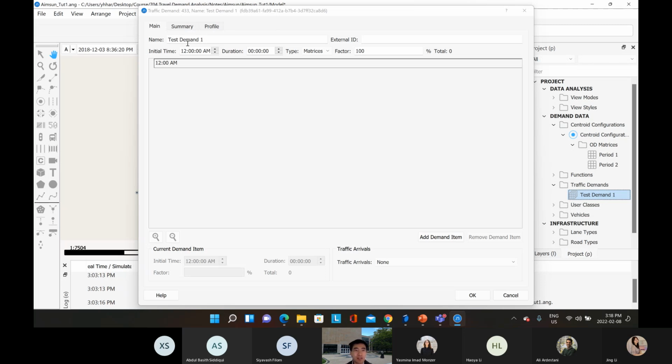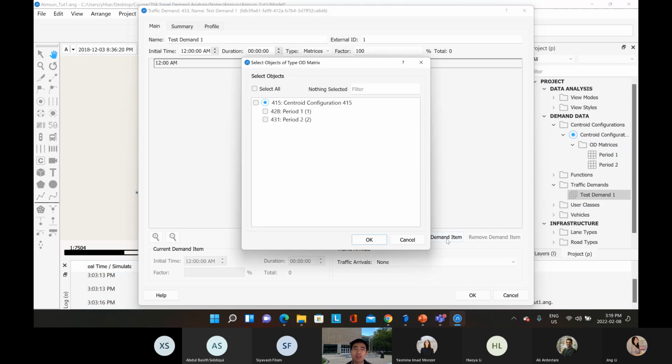You can specify the name and the external ID, say 1, doesn't matter. For now, you don't have anything in your traffic demand file, so you need to add the demand items,